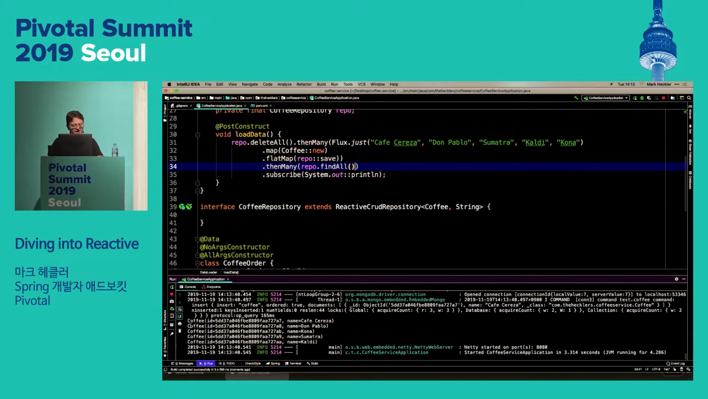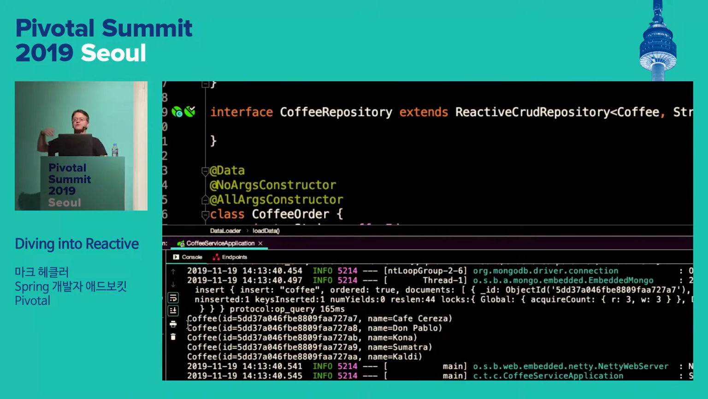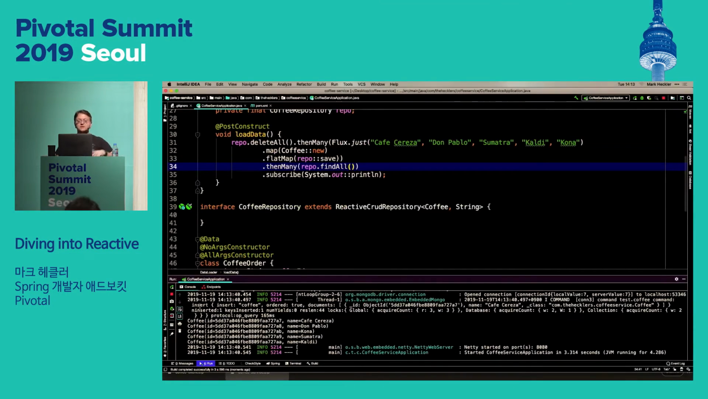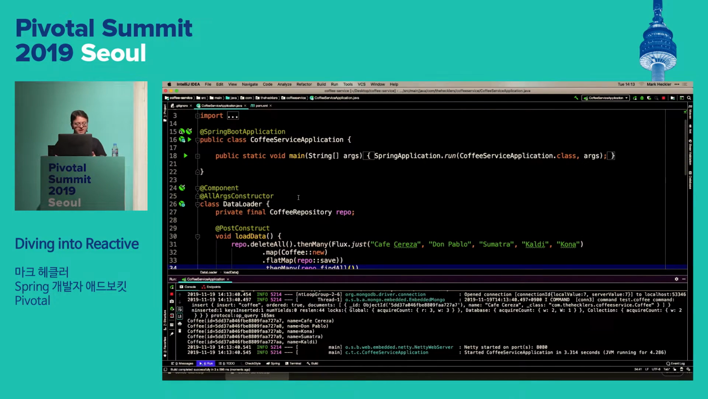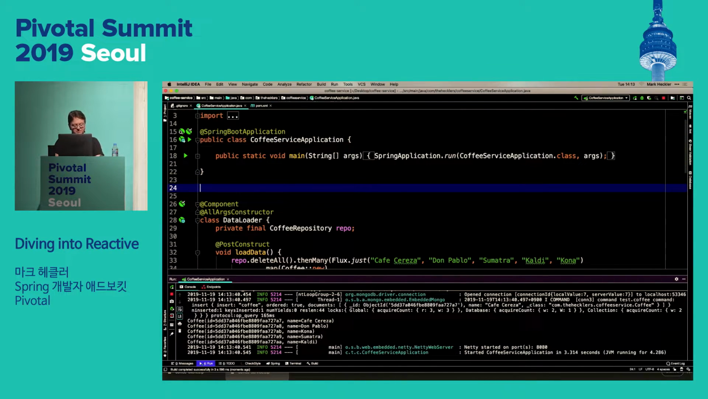Look at that. Okay, so we have coffees. Our coffees are stored reactively in our data store. No blocking has taken place. So far, so good. Okay, so now we have data. Now we can proceed. So let's go ahead, and we're going to create a service that we'll use to build